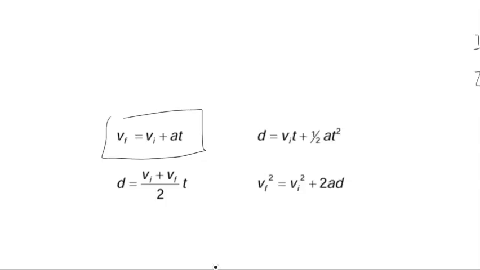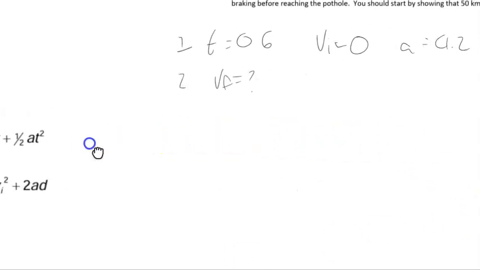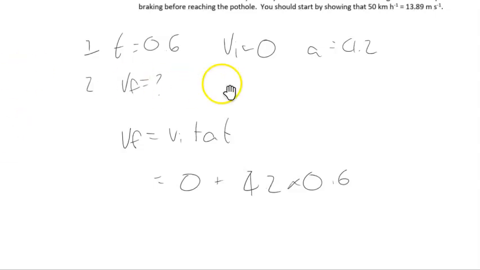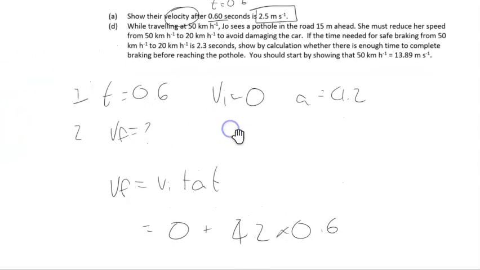And we're going to use this equation there. So we don't even need to rearrange that. We can go VF equals VI plus AT. So 0 plus 4.2 times 0.6, and lo and behold that equals 2.5, and actually it